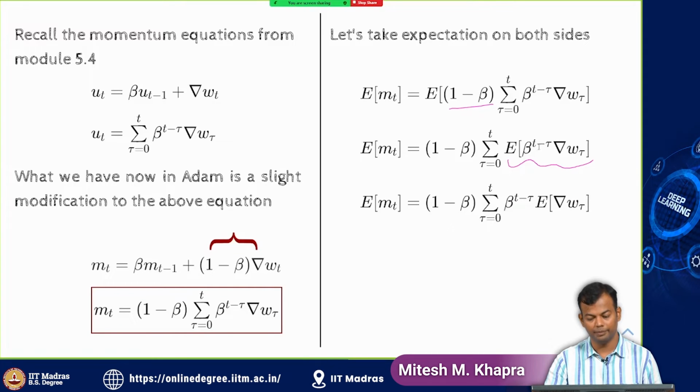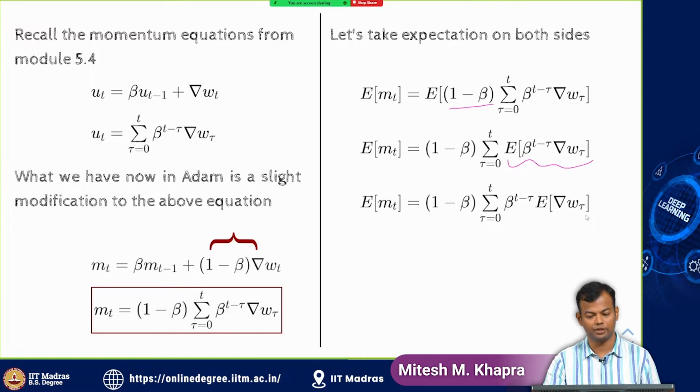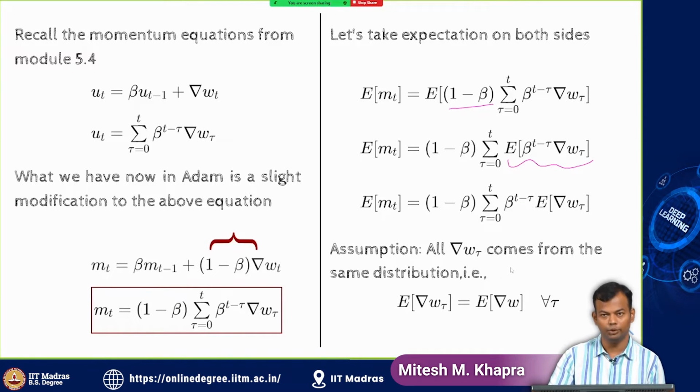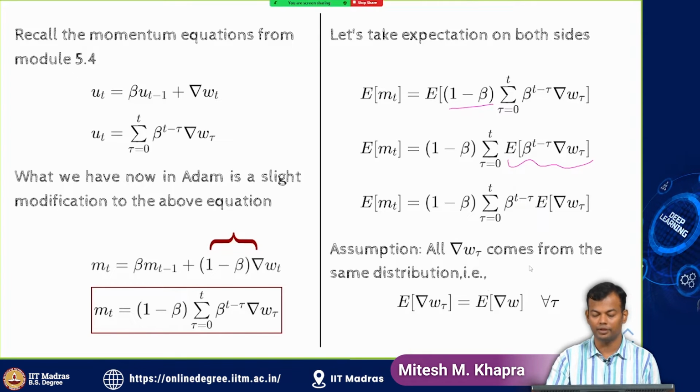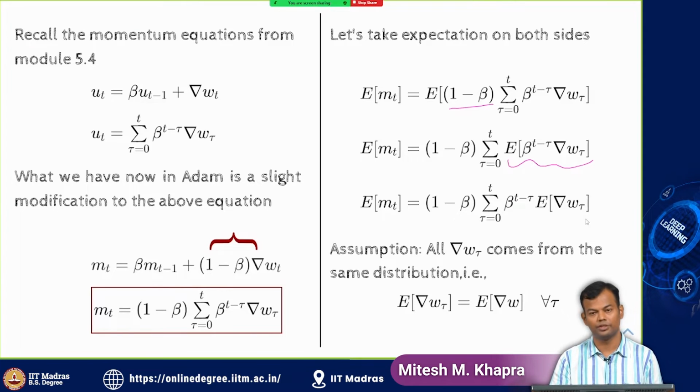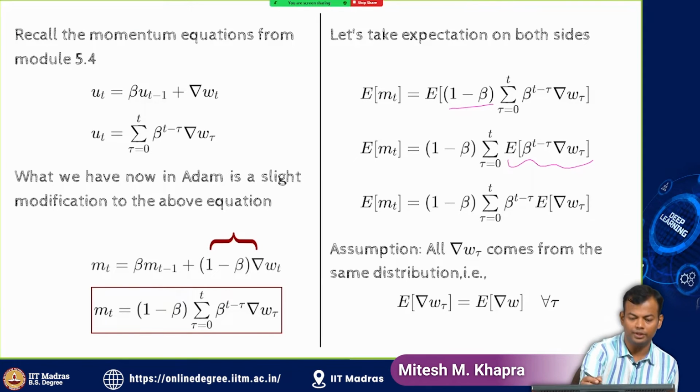And now again the beta term will come out and the expectation goes inside. And now what I'm going to assume is that all the WTs come from the same distribution, right? Because I have, what does that mean? So what does the distribution mean in this case? So you could think of